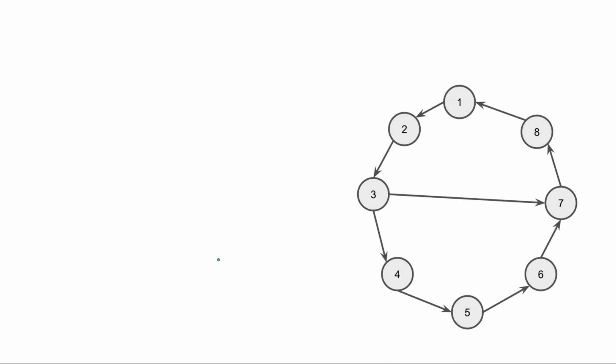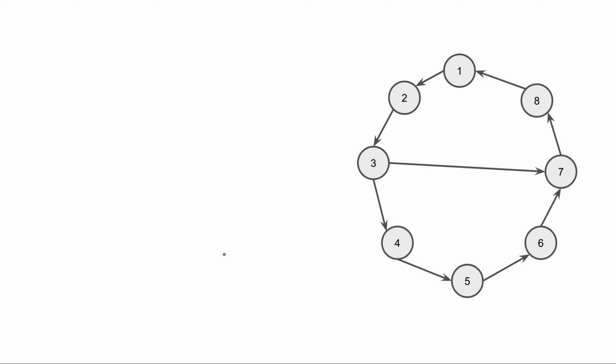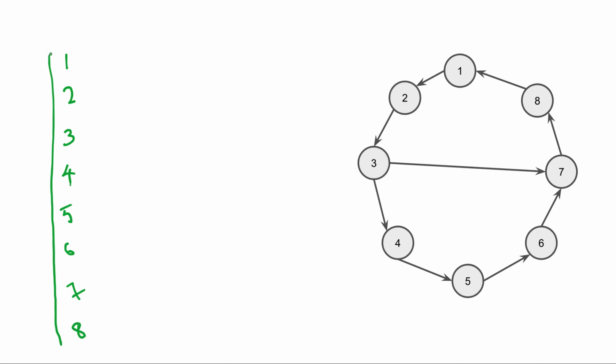Now you look at this example. This example, when we represented this one using the adjacency matrix representation, then that matrix was a sparse matrix. Now you take this example and you try to represent it in the form of an adjacency list. So you look at this one, that is you have nodes or vertices 1, 2, 3, 4, 5, 6 and 7, then 8. So this is the list of vertices that I have.